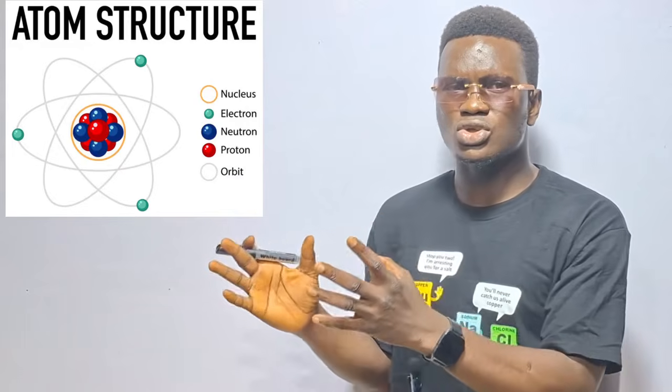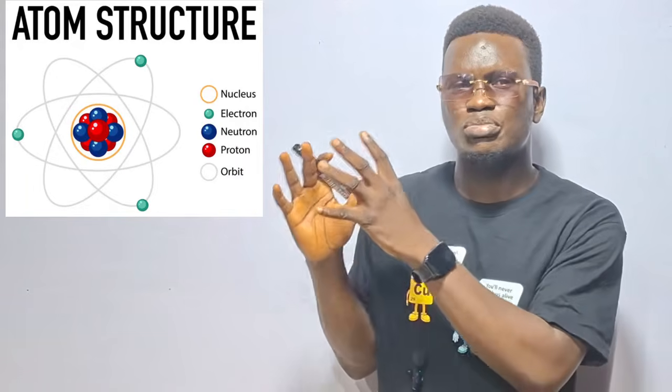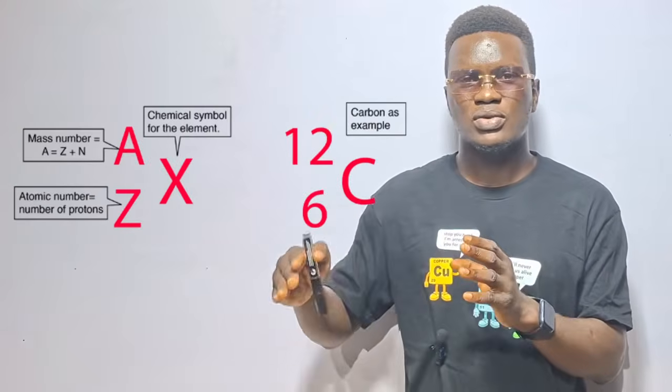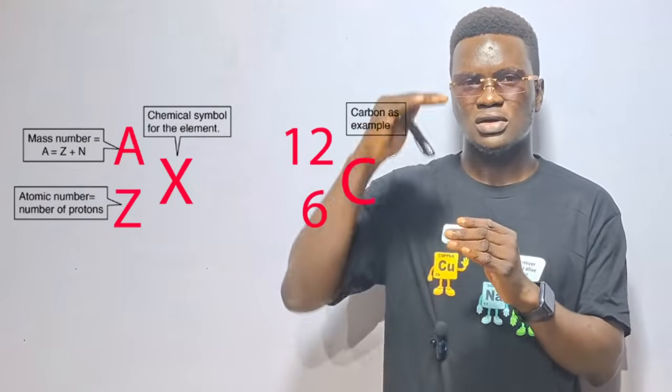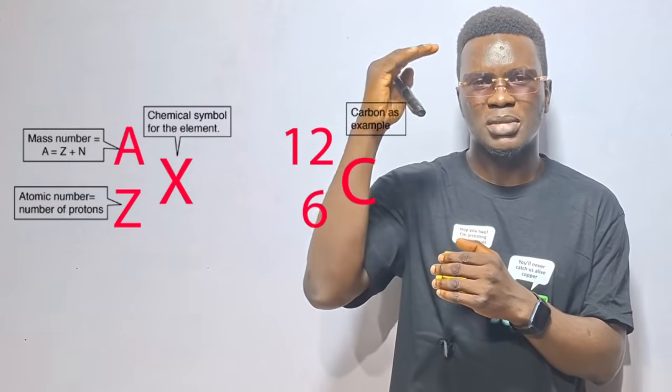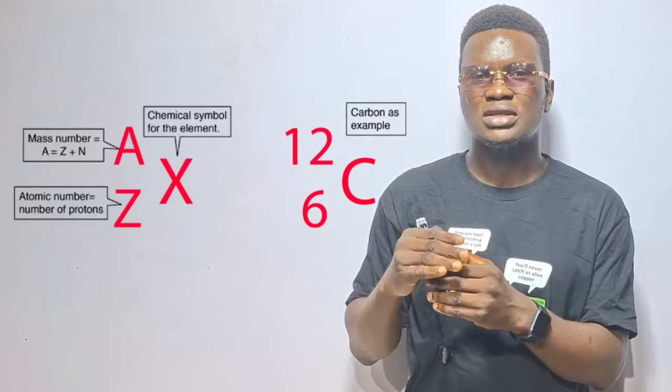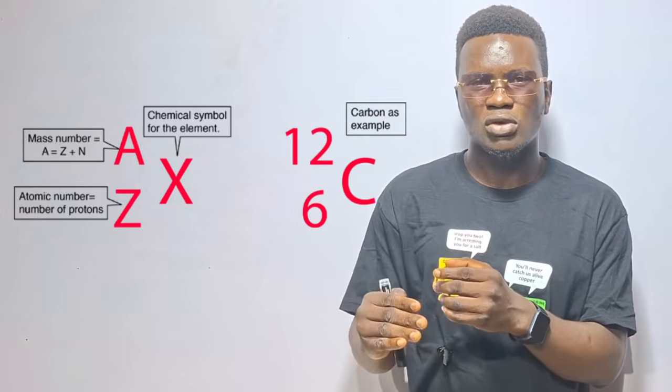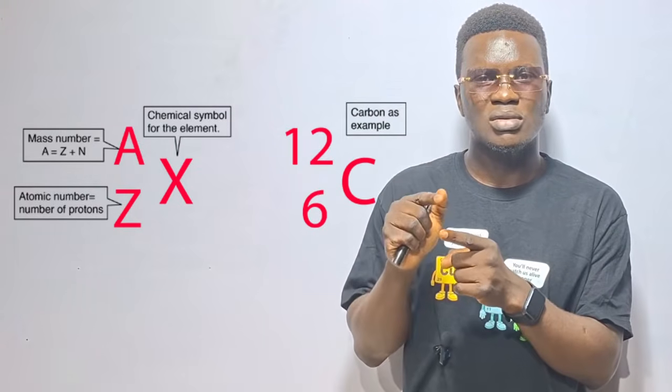We want to study this structure and see the way things are built for an atom. When you are talking about the atom, we can't continue to draw these structures here and there. We should have a way to represent it. An atom is usually represented with a symbol X. The top part, A, is usually called the atomic mass or the mass number, while the Z part is usually called the atomic number. Note that the atomic number is what determines